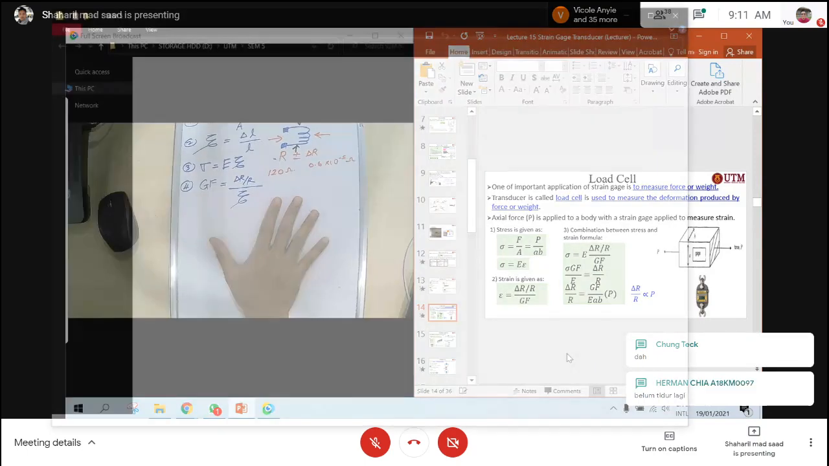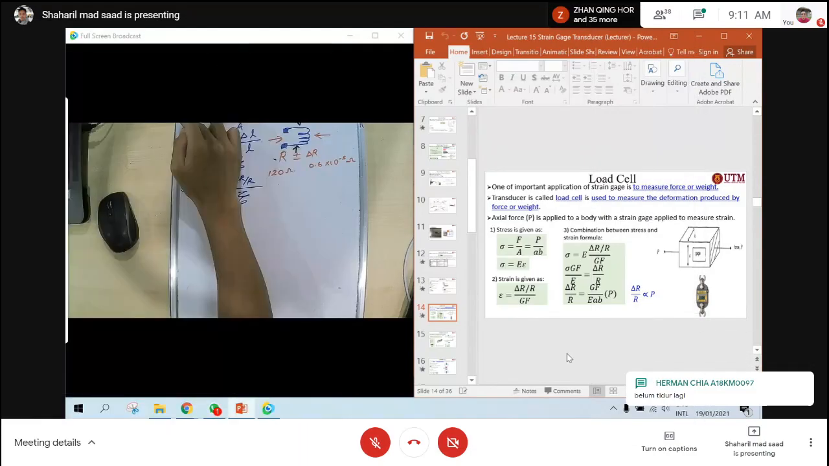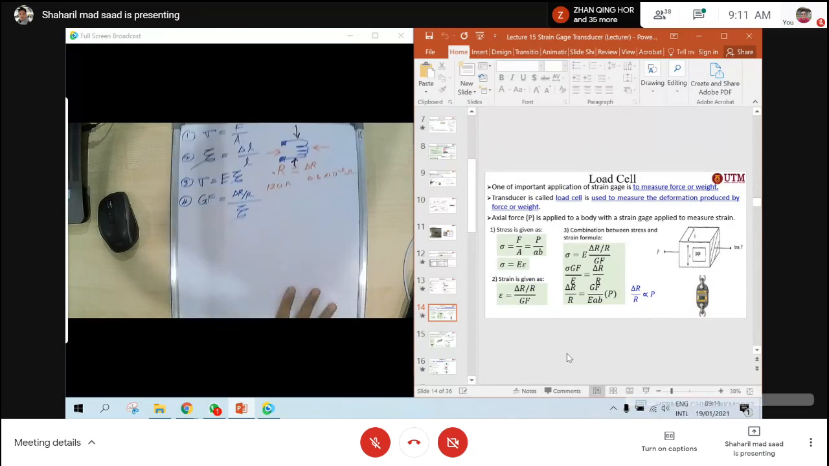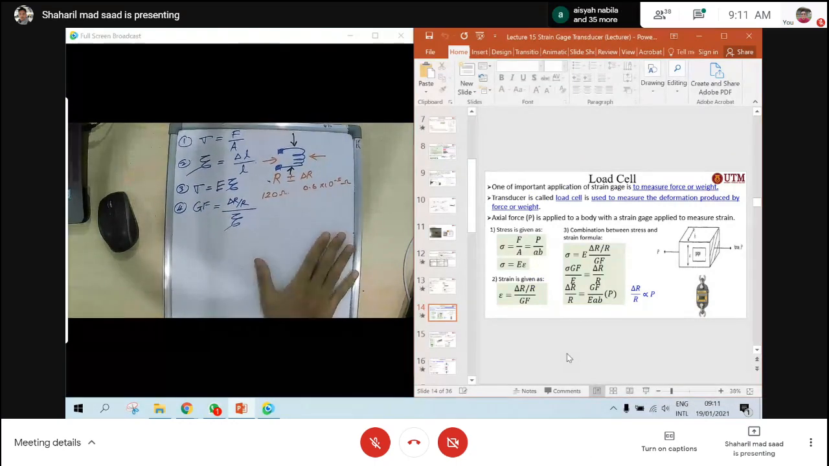Next. Okay. We already know about the 1, 2, 3, 4 formula there. So let's look at the load cell. Load cell is, that means you apply